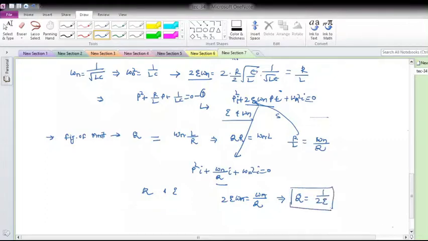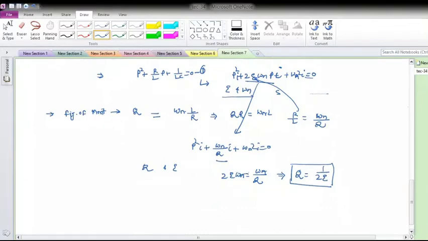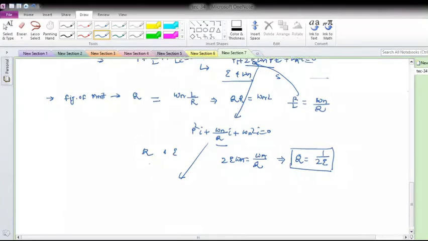So q will be equal to also 1 over zeta. Now with this, let me look into the S domain behavior of it. So instead of the operator domain, let me go into the S domain. I'll take the Laplace of that equation, and express it as s square plus 2 zeta omega n s plus omega n square, that is equal to 0.